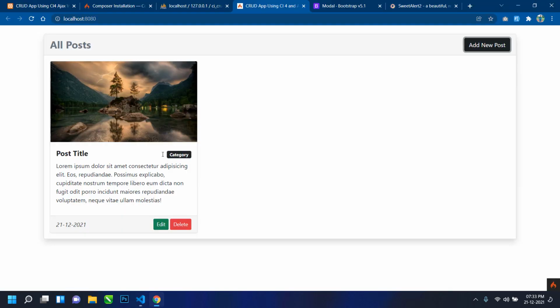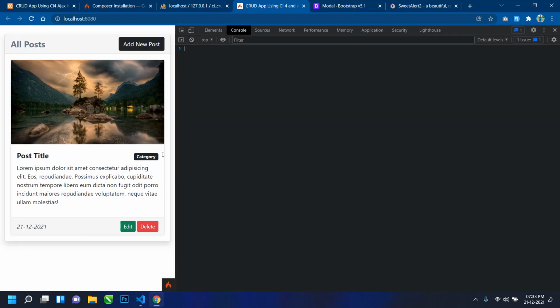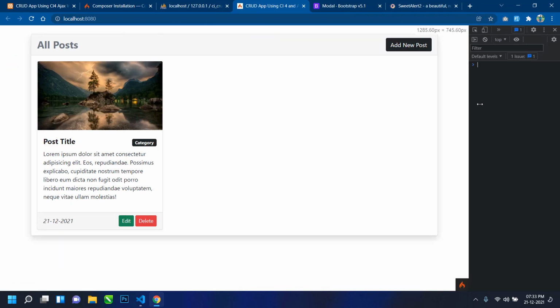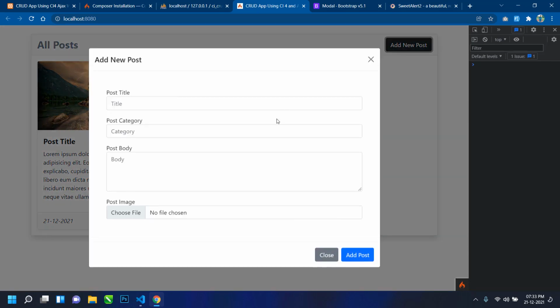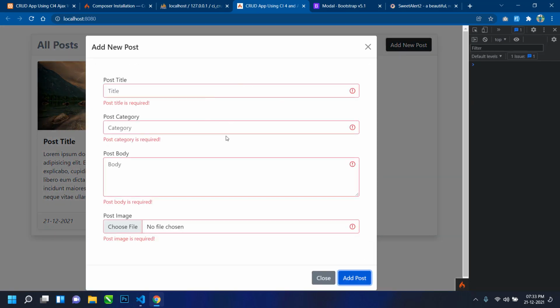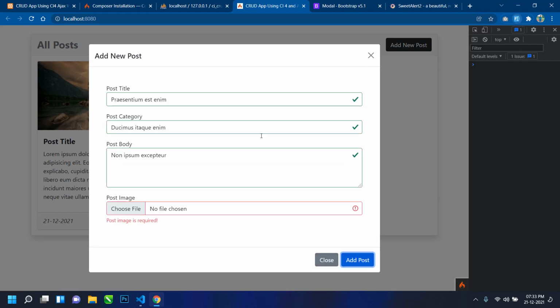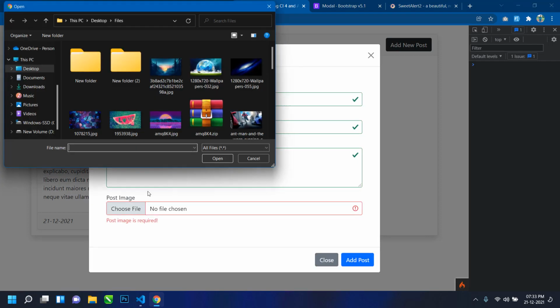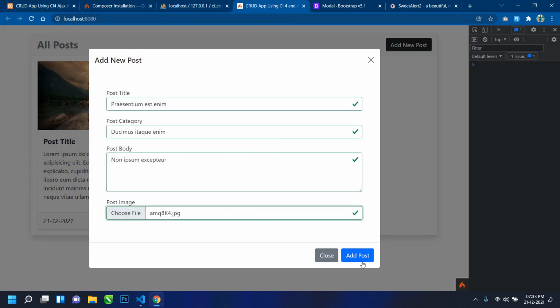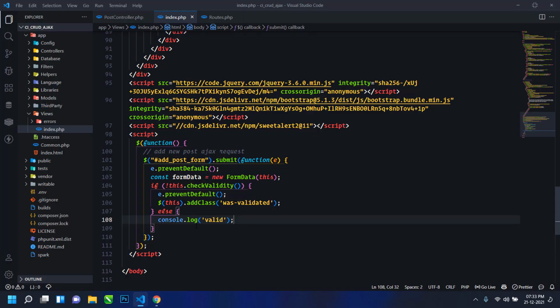If we just refresh, open the console, and now open this, and if we click add post without entering any values in these input fields, then you can see the form is validating properly. Now if we enter the values in all the fields and select the image and click on add post, then you can see valid. Now we are ready to go.